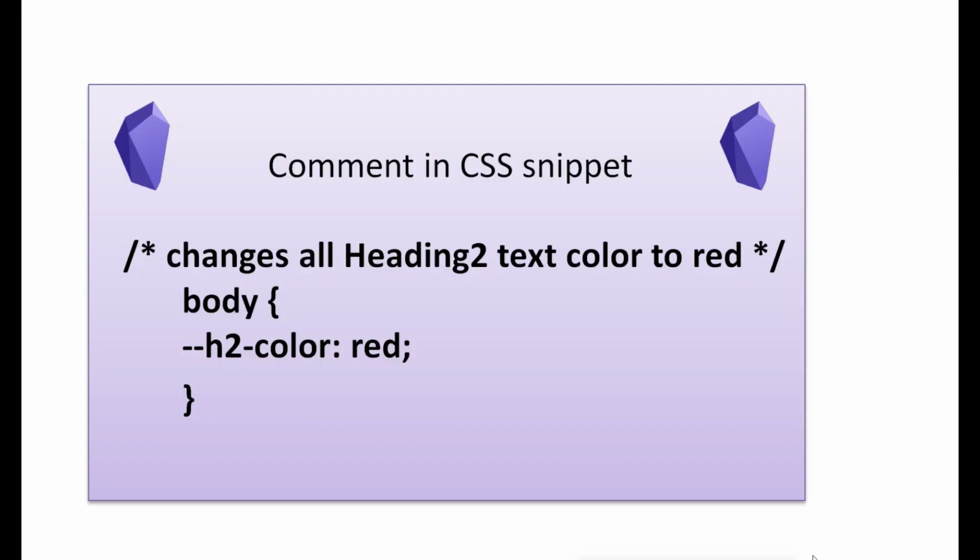After I've typed this code into Notepad, I then must save the file. I can use any file name I choose, preferably a name that describes what the snippet does. For this example, I'll call it h2color-red. By default, Notepad applies a txt file extension to its files, but a CSS file must have CSS as its extension. So when I save the file, I must save it as